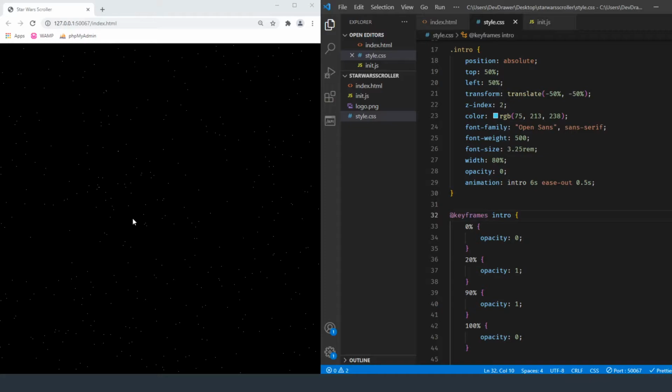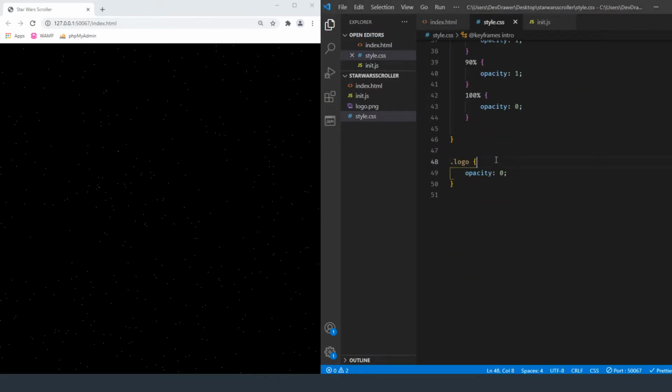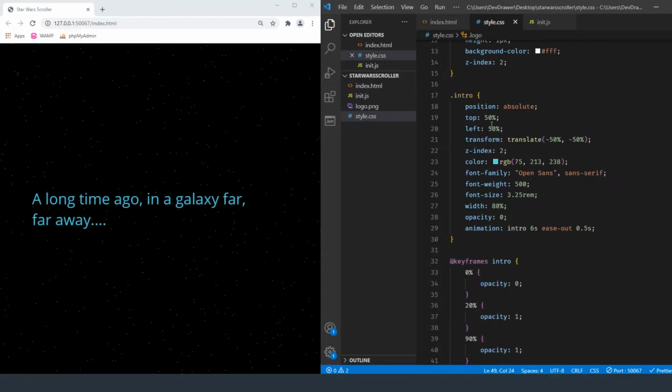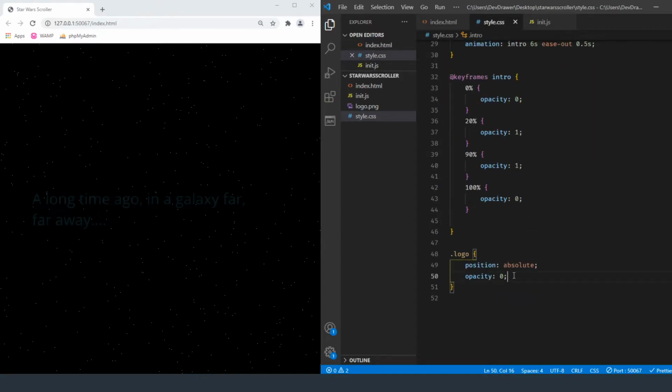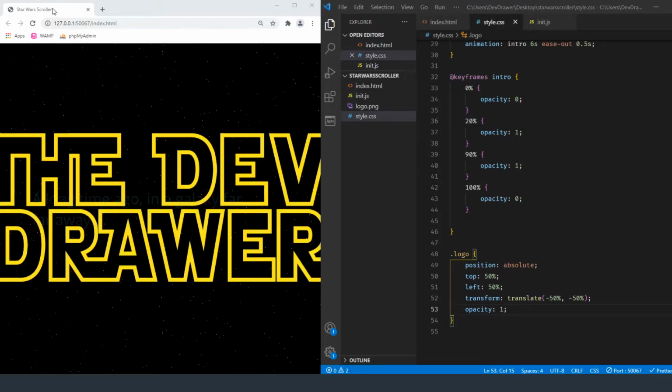So now the next part we need to do is have that logo bang right there in your face. So let's go back down to our logo that we've already removed out of the equation, and let's add some styling to it. Again, we're going to do position absolute, and we want it to be centered, so I'm going to copy this top, left, and transform, and add that to the same positioning. And let's make this 1 for now. It'll be 0 in the end, but it'll be 1 for now.